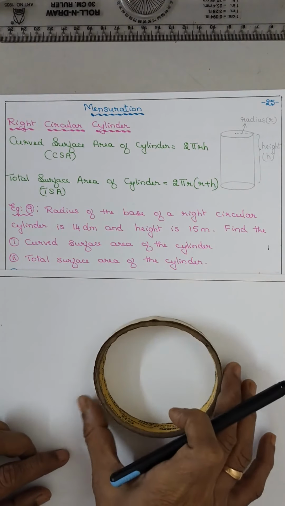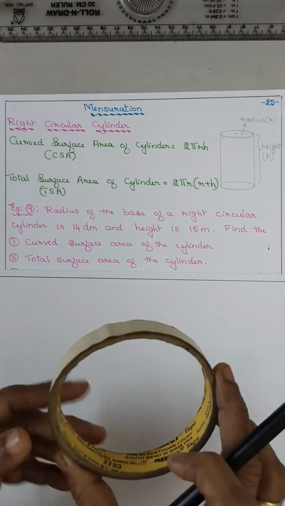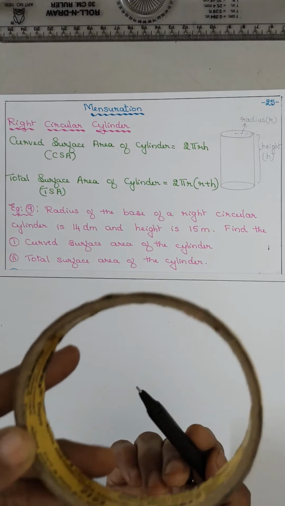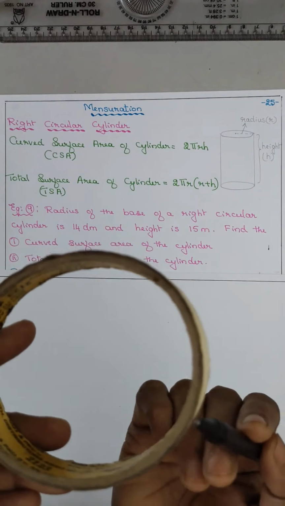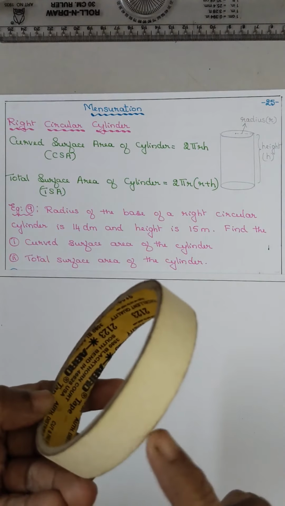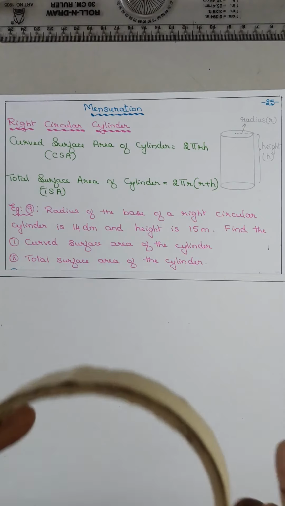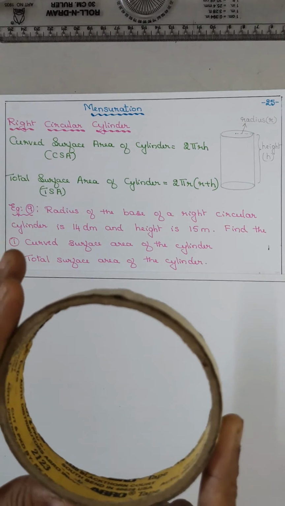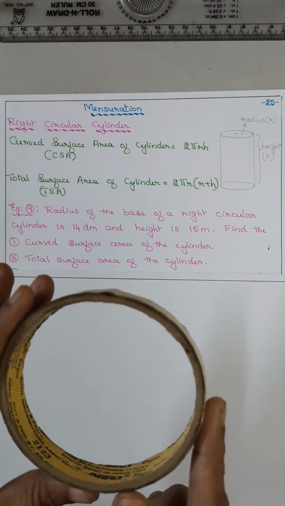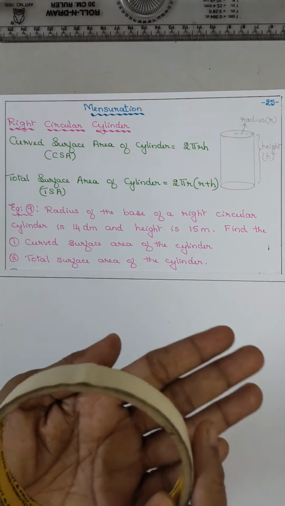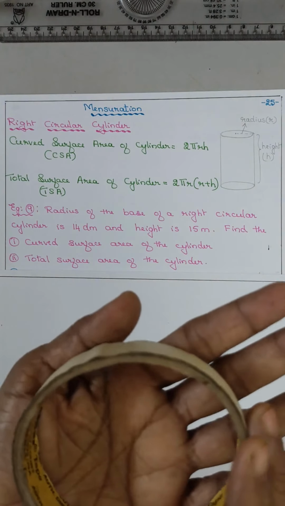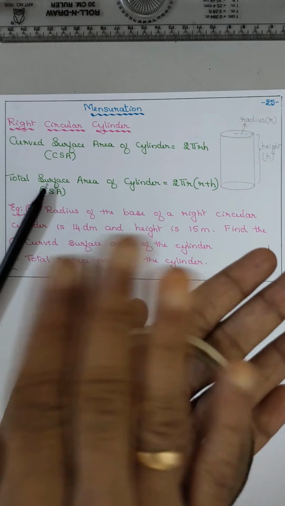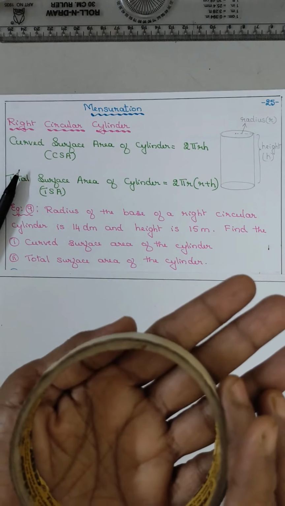See, if you think this is a cylinder, here there is one circle, here one more circle, and this is the height, isn't it? This is the height. This is the upper portion, this is the lower portion. Now this is an open cylinder, but in a closed cylinder, the bottom is closed and the top is also closed. Circles you get, isn't it?